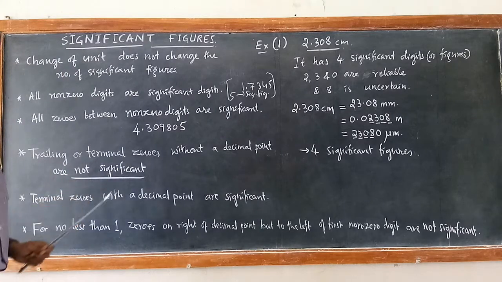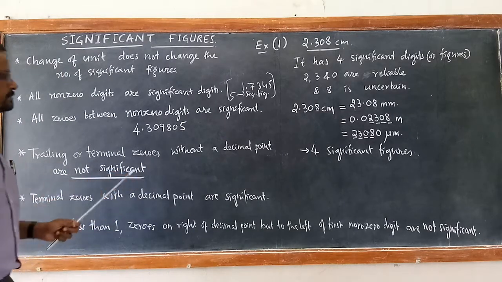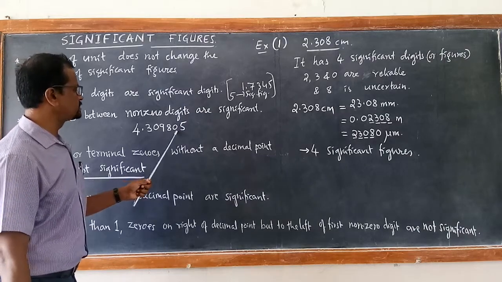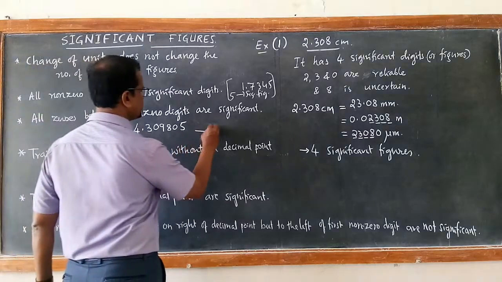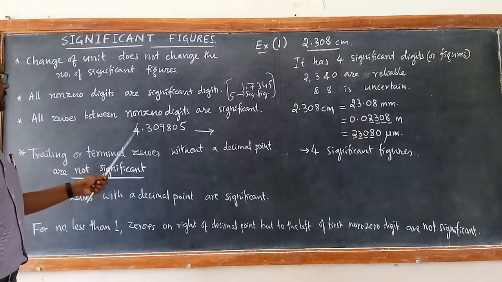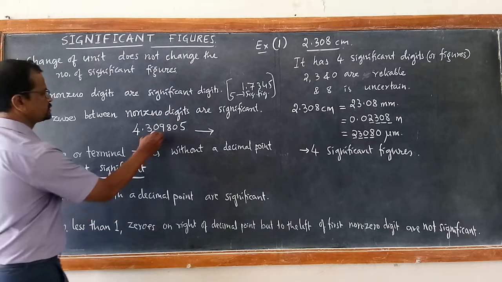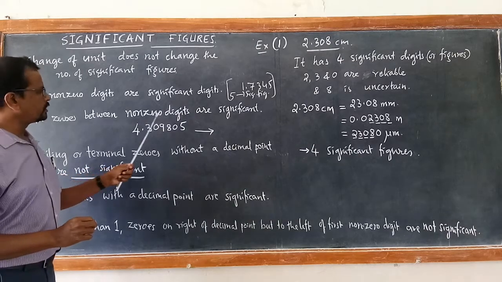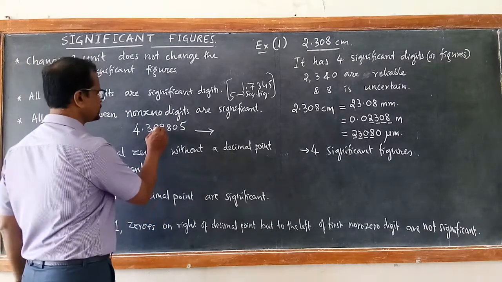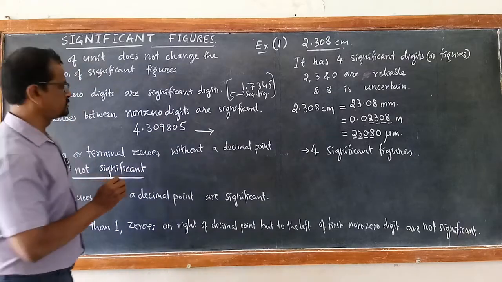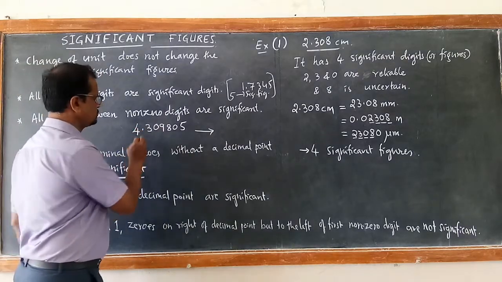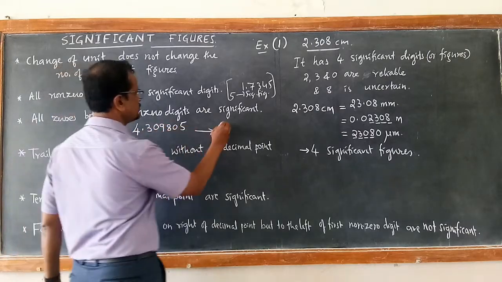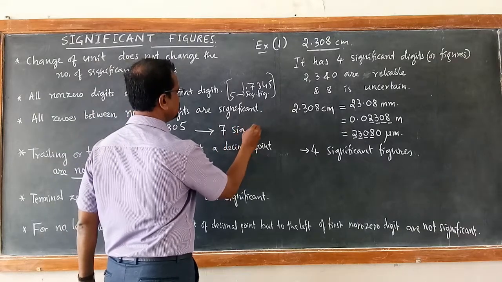This is one particular result. It speaks about the precision of measurement. So totally we have 1, 2, 3, 4, 5, 6, 7. It has 7 significant figures. Although it is having zeros, you see there are zeros: one 0 is there and a second 0 is there. So all these zeros between non-zero digits are significant. So they are also considered as significant digits. So totally how many significant digits does it have? 1, 2, 3, 4, 5, 6, 7. So it has 7 significant figures.